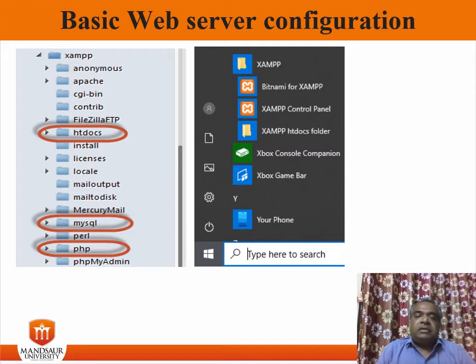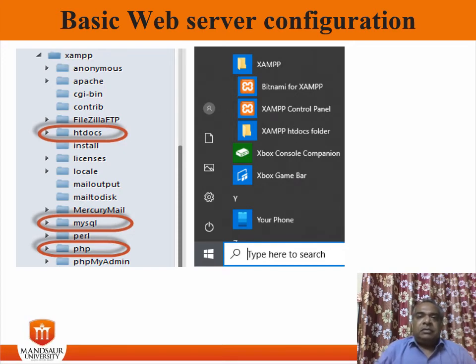Now by default the web server, that is the Apache web server, runs on port 80. If port 80 is taken by another web server, or used by another application like Skype, etc., we can use a different port number.